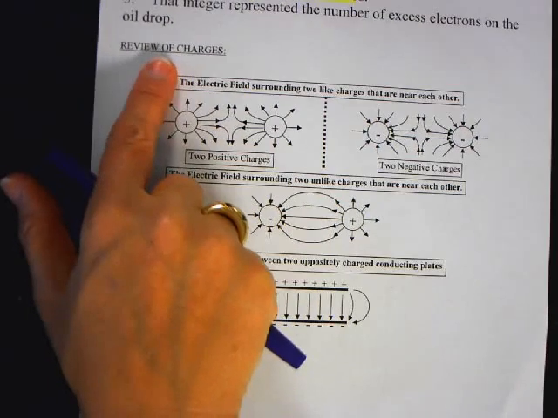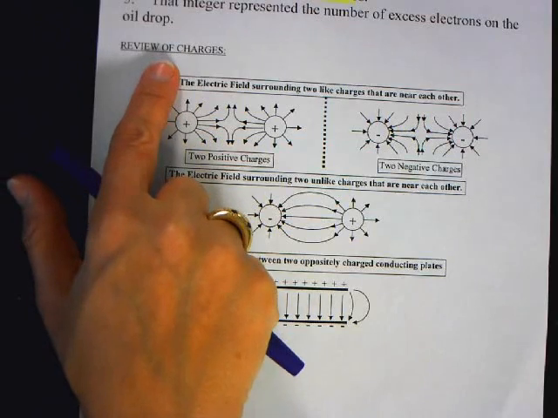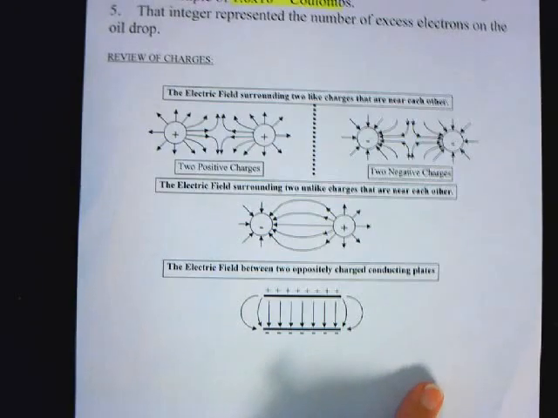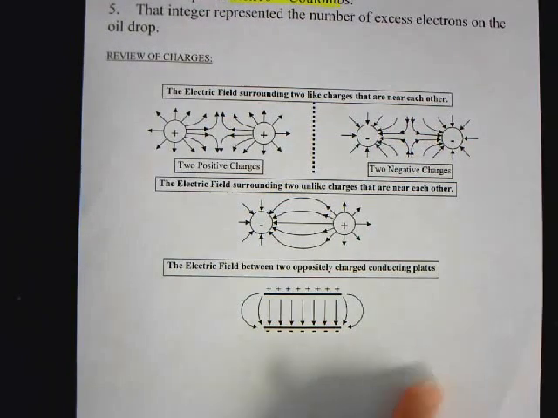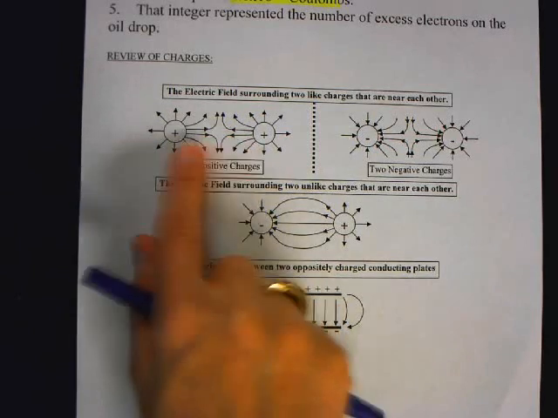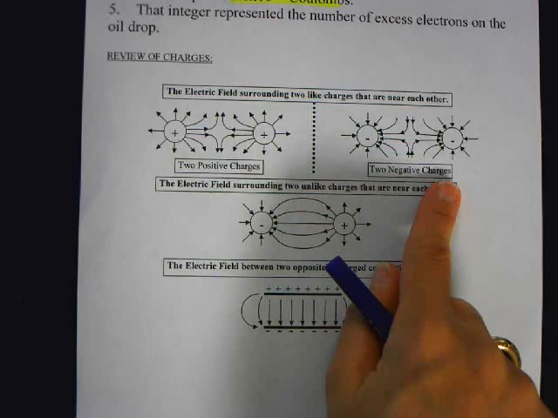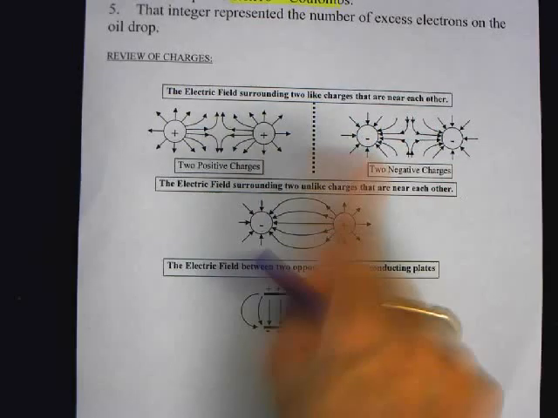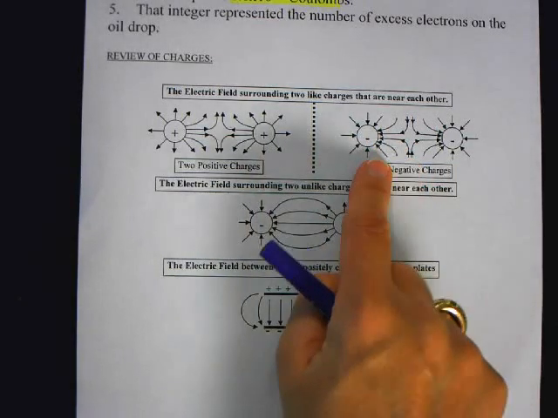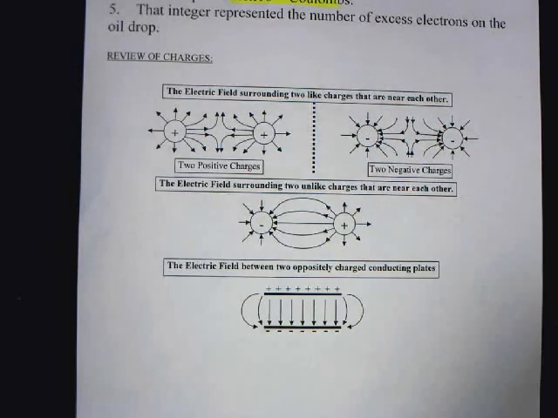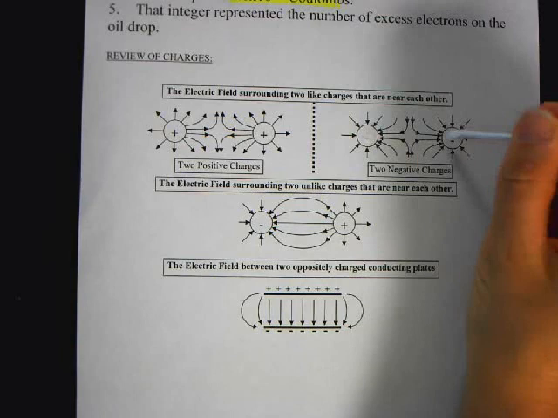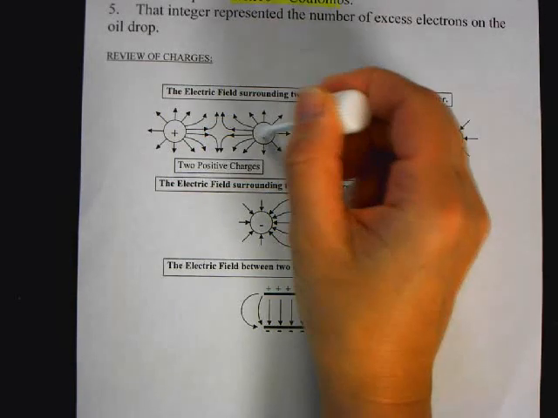I did a little on the end after I did the notes. I realized I didn't do the other diagram. So this is a review, because when you take your test, you're going to see diagrams like this on the test. Okay? So again, this is the way the electric field looks between two positive charges. This is the way it looks between two negative charges. So you see the difference. If I whited out the charges, and I said, okay,